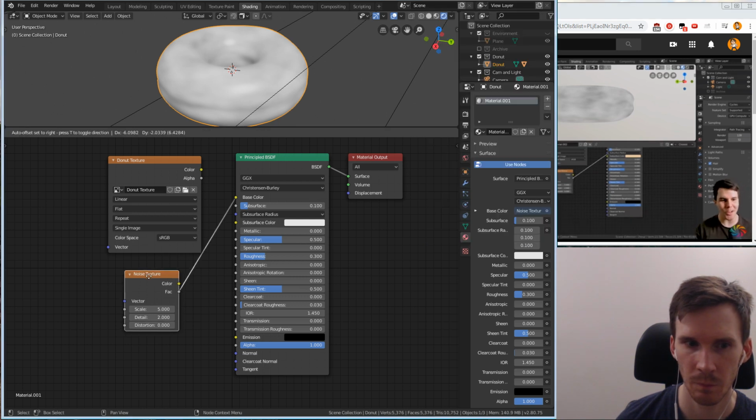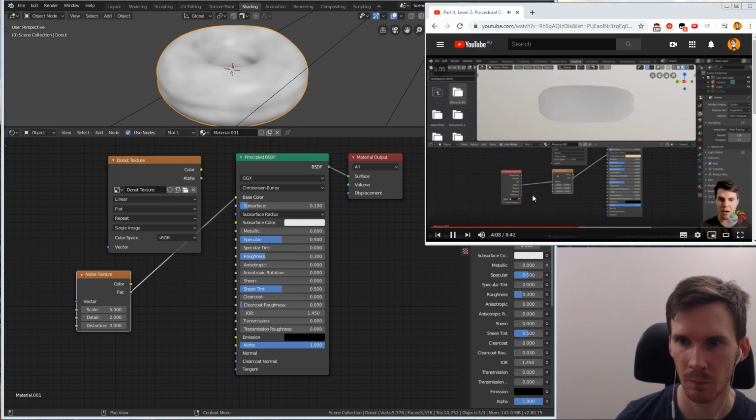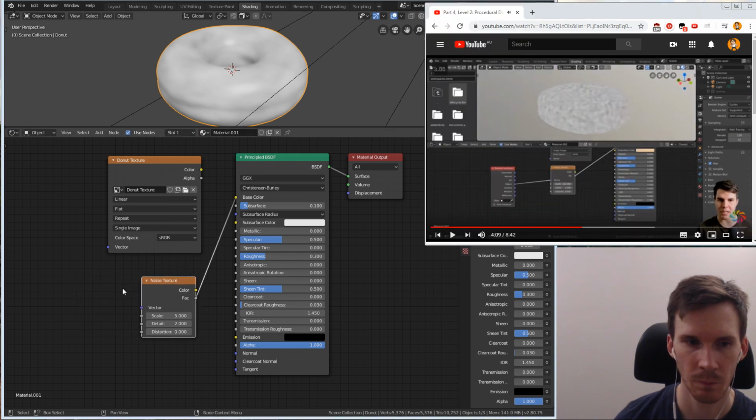No, hang on. Texture coordinates. That's the one, the Texture Coordinate node. If we take the object output and drop that into the vector input, this is now going to use the object data, which is actually most appropriate for procedural textures anyway. Now if we increase the scale of this,